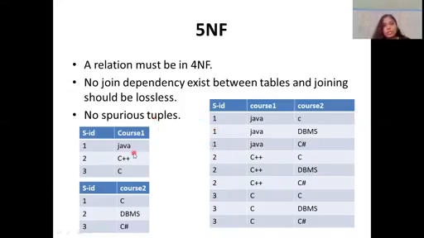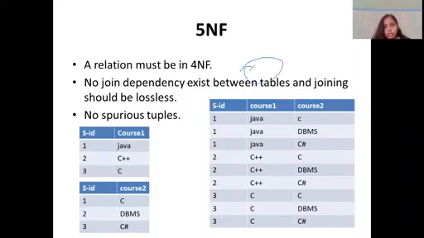Here, the first table contains only 3 rows, and the second table contains 3 rows. 3 plus 3, 6 rows should be my output. But what we got is 9 rows. So we got 3 extra rows. That is called loss of data. That should not be there if the table is to be in fifth normal form. The 3 extra rows we got are called spurious tuples. This shouldn't be there if we want to tell that the particular table is in fifth normal form.